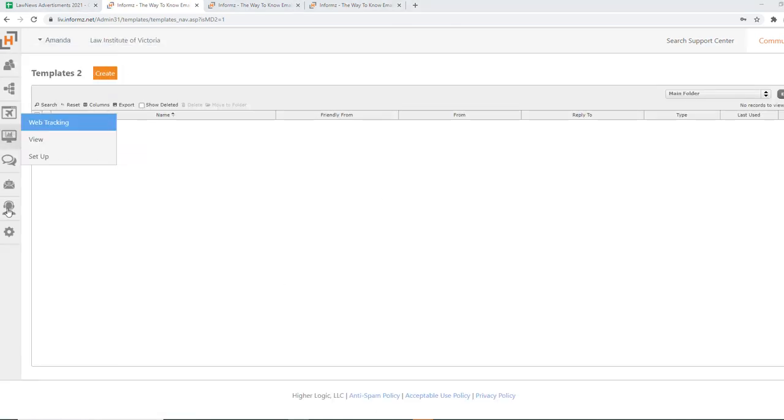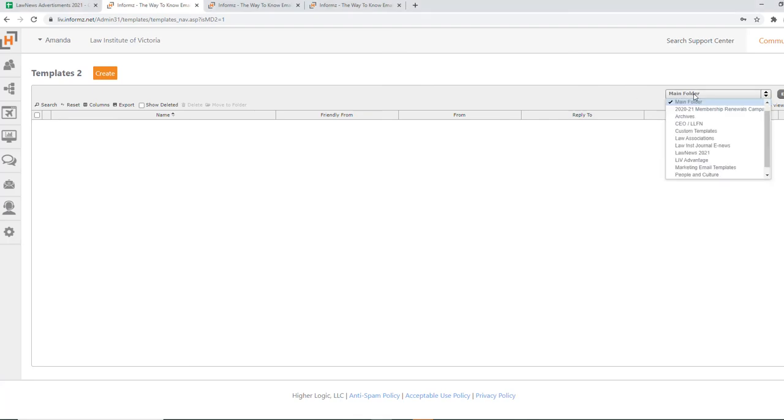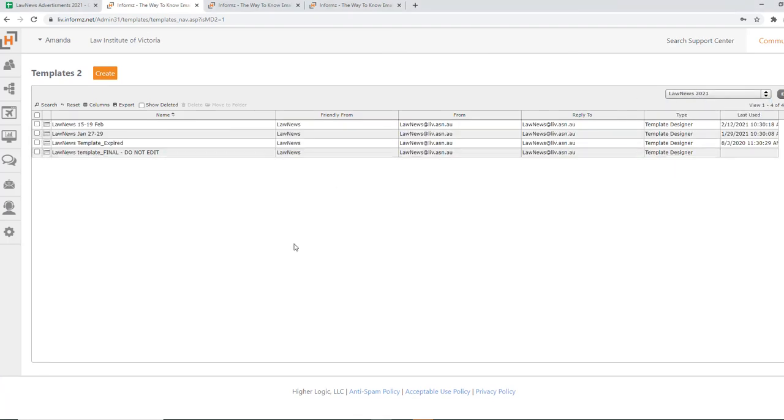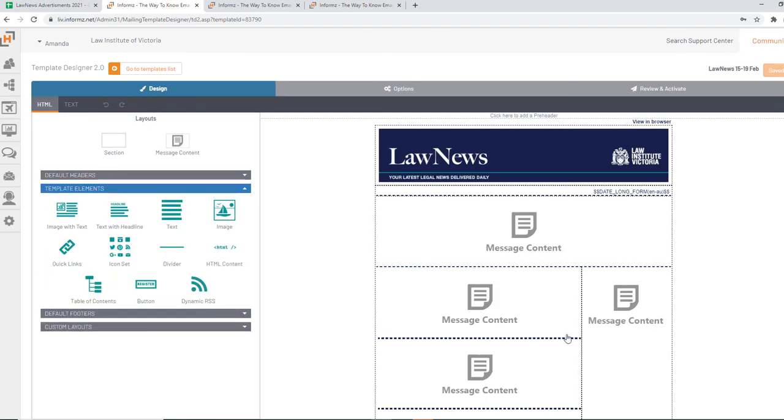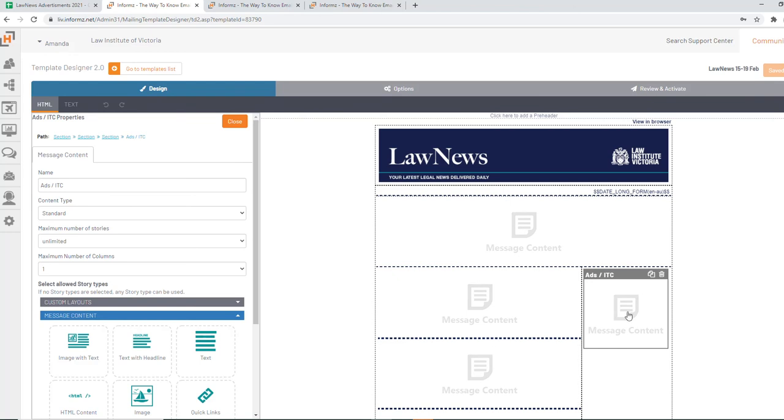As you can tell, you will land on the template page. So again, go to main folder, go straight to LawNews 2021. See how you've got the dedicated 15th to the 19th advertisements that we're creating. Click on edit, let it load. Once it's loaded, you will see the same message content. When you click on the right hand sides where the ads are,